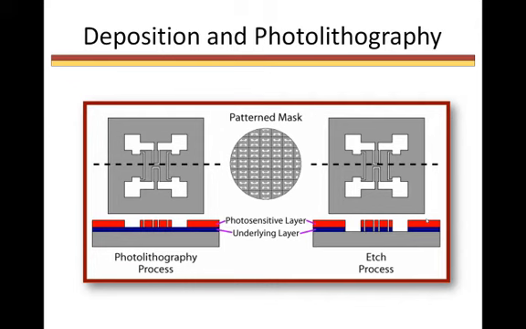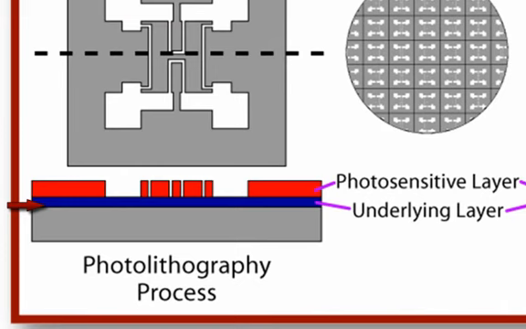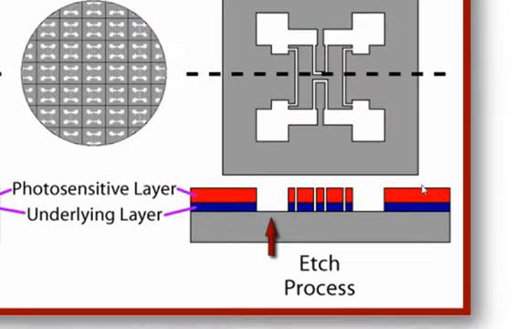In deposition, a thin film layer is deposited on the surface of the wafer, and the purpose of this film can be structural, sacrificial, as an insulator, a conductor, a protective layer, or in the case of photolithography, a photosensitive layer. In photolithography, the photosensitive layer or material, which is normally called resist, is deposited on top of another thin film. The resist is then exposed and developed, leaving a pattern that will be etched into the thin film layer